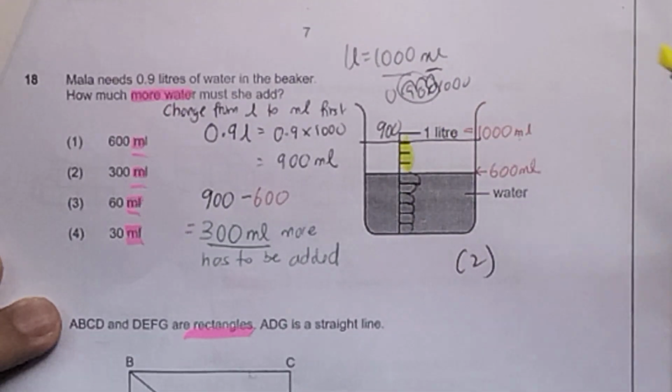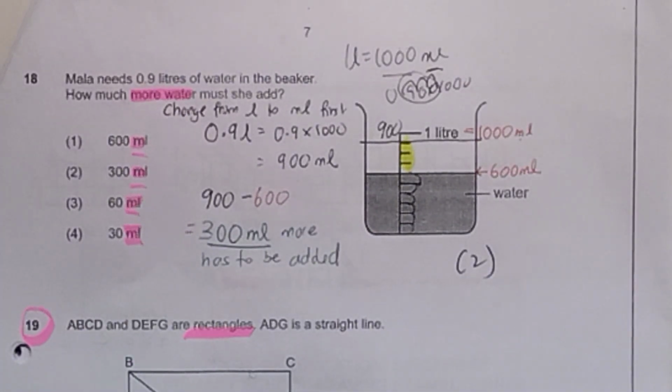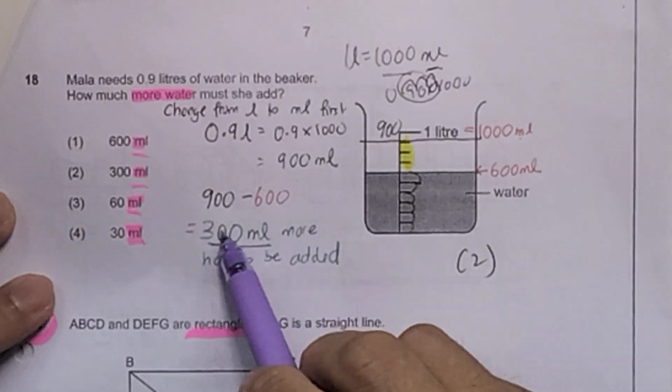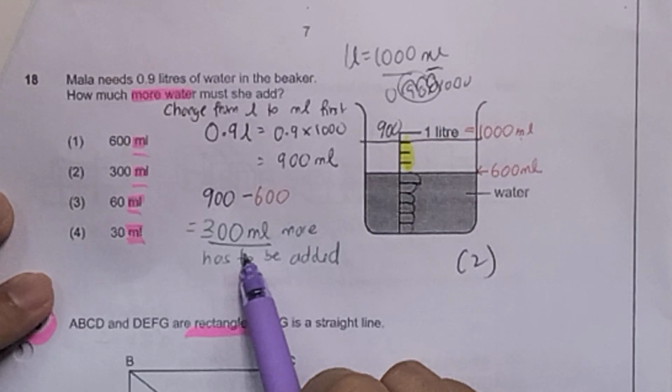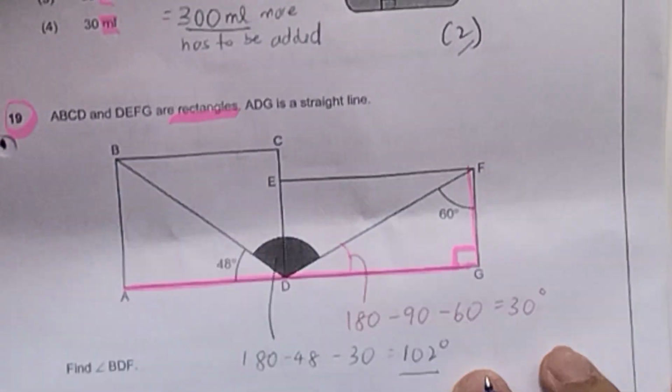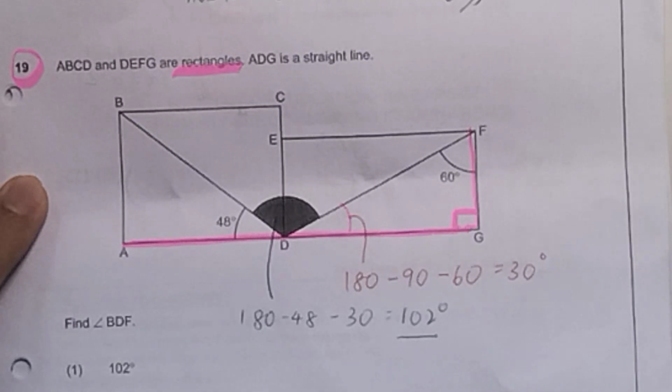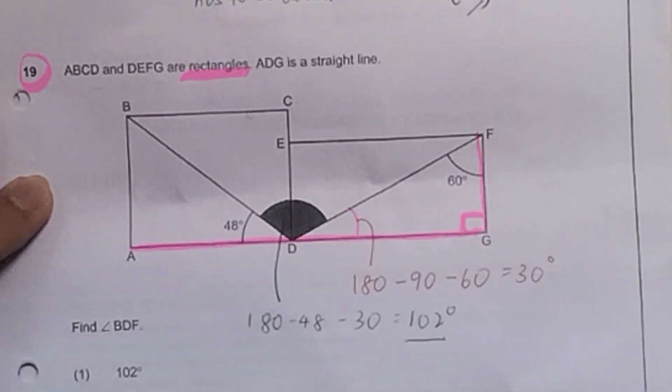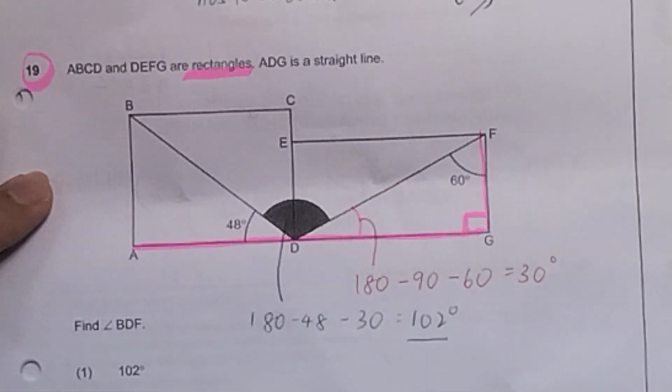100, 200, 300. So here will give you the 900. Or you can do a working like this. 900 minus 600 is 300 ml more. Okay. Next. Again, for my students in 2025, you did not have to do this, but for completeness sake, I'll